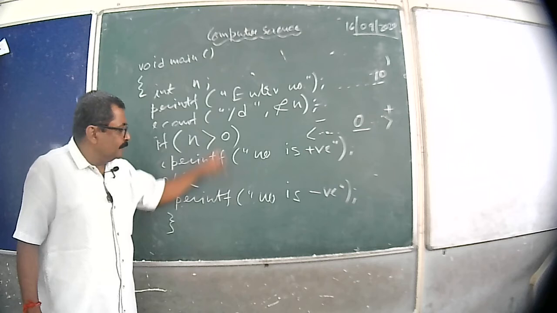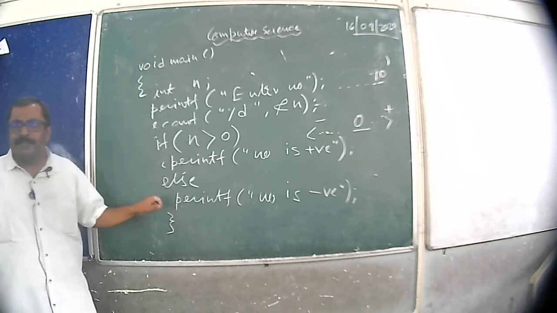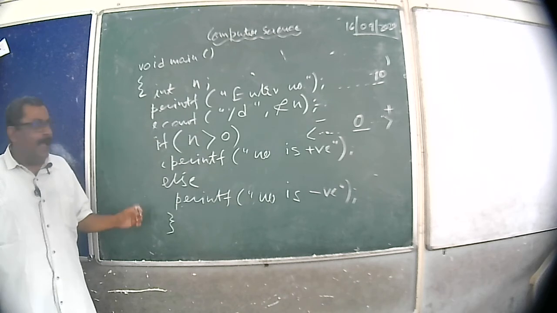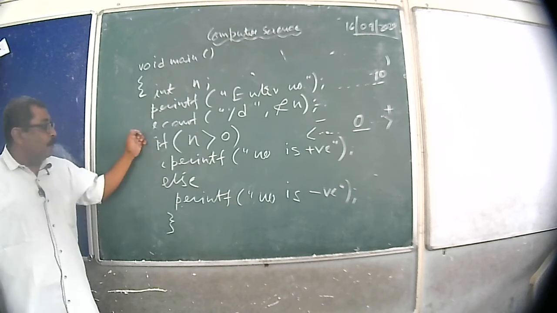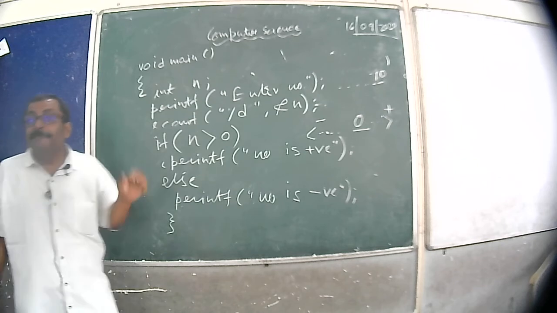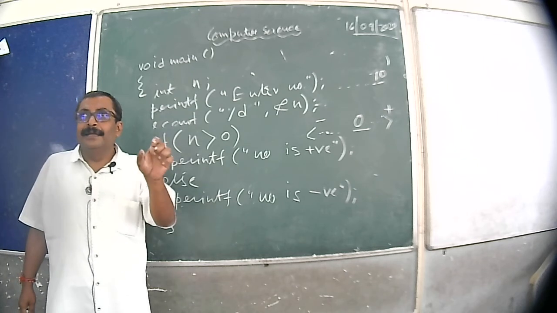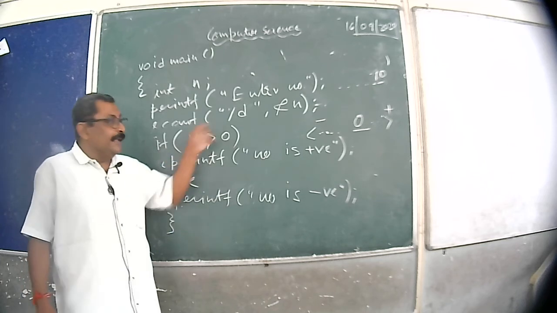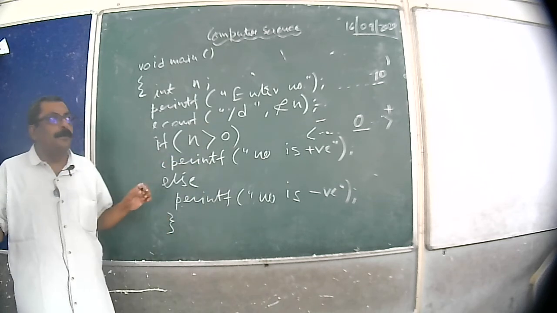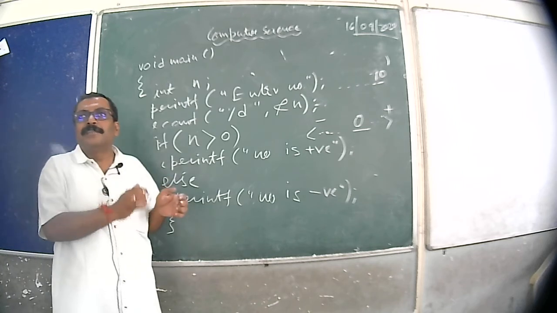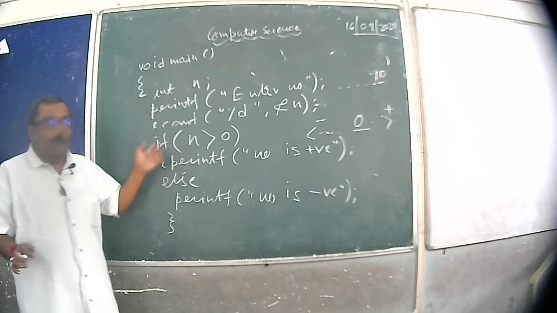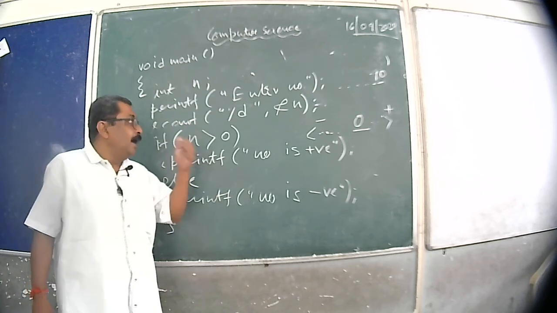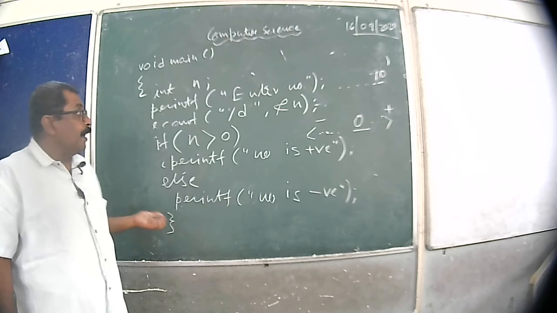So that is the thing with the if statement. Many more programs are there with the if statement. If else, different structures are there. Only if can be used. Here I have given the complete if else part. But if you give if only, is that incorrect? No, it is also correct. So the if else statement has different types of implementation, a lot of variety. So we can go further with the if else statement or if statement or something different.